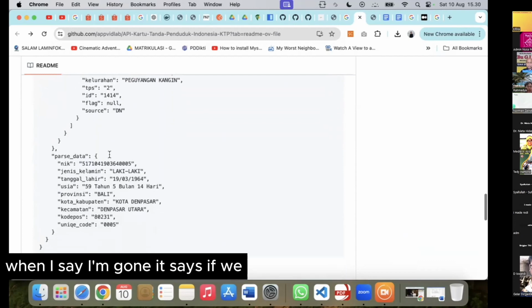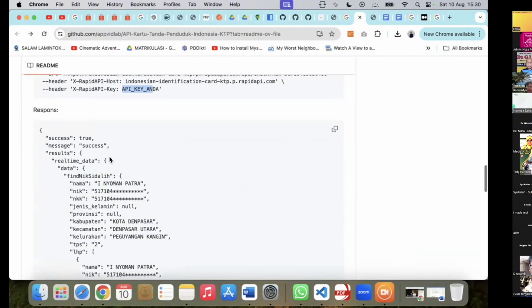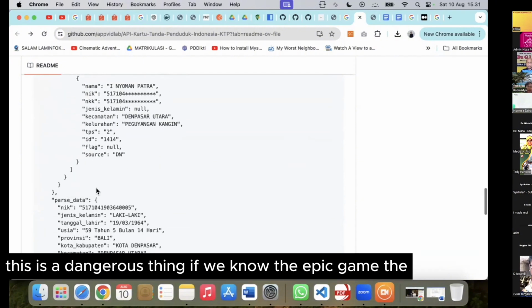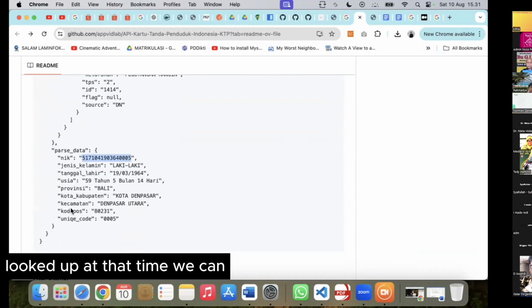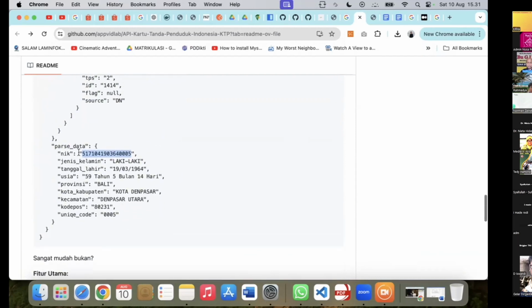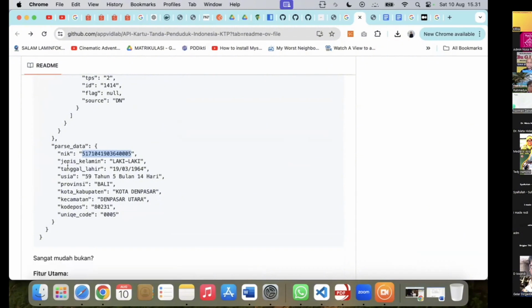For example, if we have the API key, this is a dangerous thing. If we know the API key of the Dukcapil data, we can get the information.